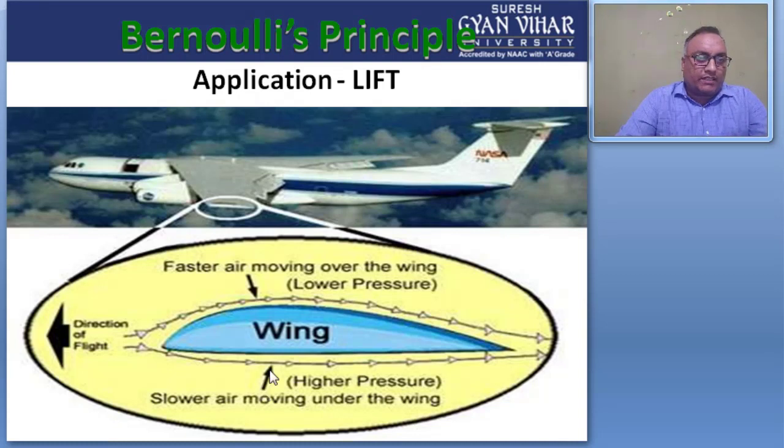downside surface, and because of this the slow air moves under the wing, and the faster air moves over the wing, right, in this wing. So it creates a low pressure region. If there is a low pressure region, it will create a downward force, and the high pressure region creates an upward force, and the difference between these two forces creates a lift in the upward direction.